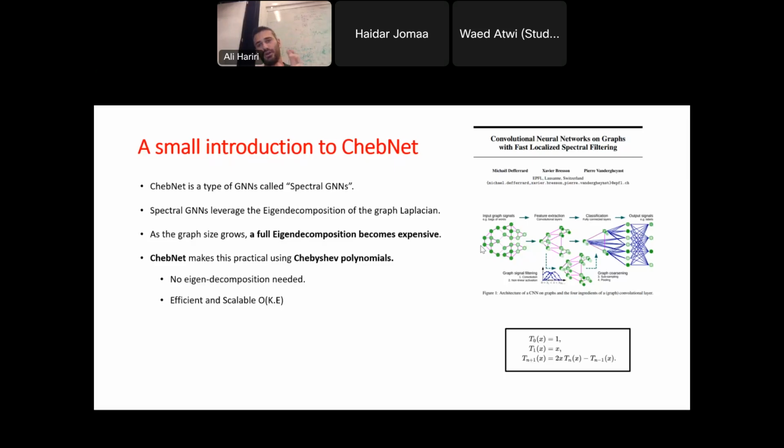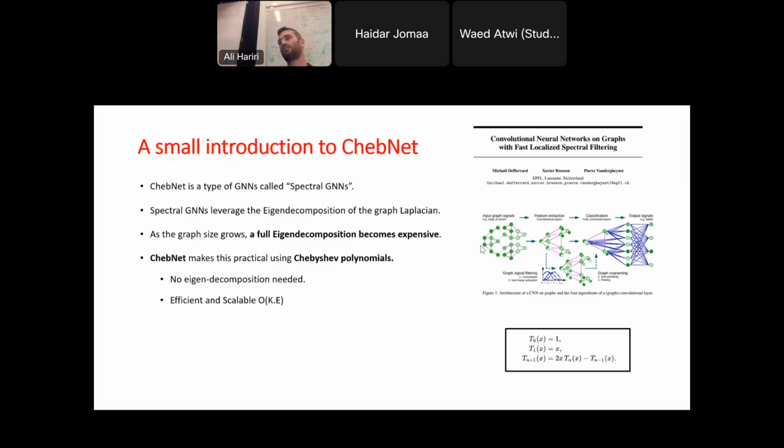Everything we discussed so far about message passing, as aggregating information from neighboring nodes, goes more into what we call spatial message passing, spatial graph neural networks, where we just propagate information until everything is covered. But spectral graph neural networks account more for structural, let's say, frequency-based information, because in graph signal processing the goal is to learn in the frequency domain.